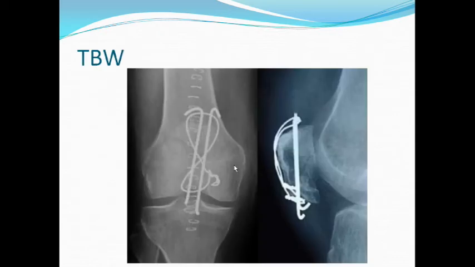So this is basically how a TBW will look on X-ray. Here is the fracture line, you can see this is the fracture line. So we put 2 vertical K wires. Now this one is called the SS wire and these 2 are K wires. So with a figure of 8, we pass the wire below these K wires and make a figure of 8, then we tighten it here. Gradually these fracture fragments compress and get fixed.